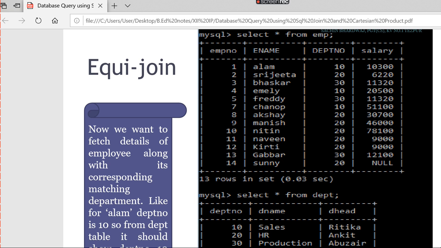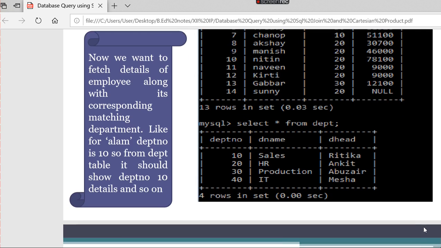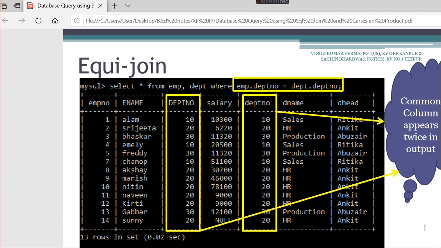Now how do we merge these two tables? We can merge them by means of the primary key. Department number is the primary key of this table and the foreign key of the other, so it exists in both tables. First of all, you have to look at which key is common to both tables. Afterwards only you can join both tables.